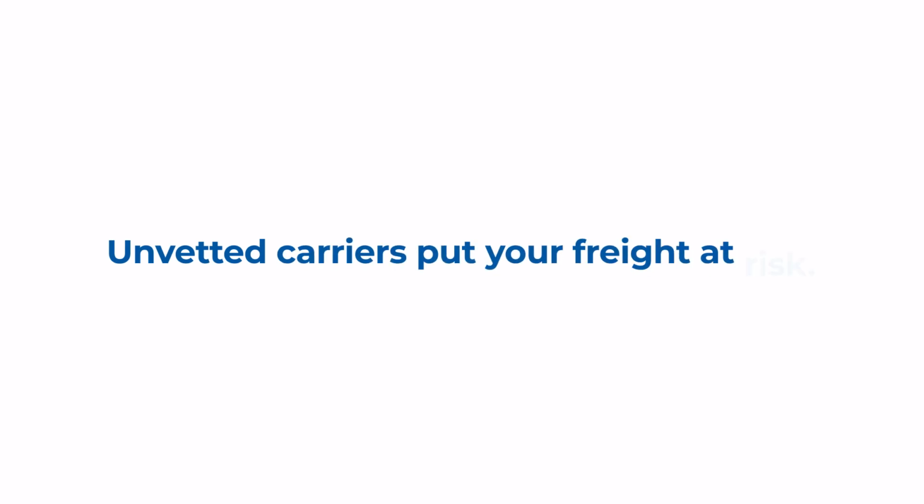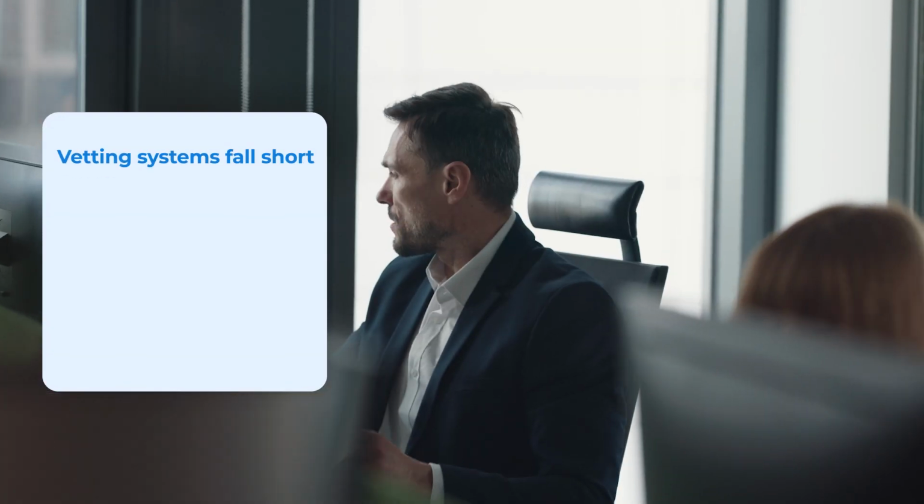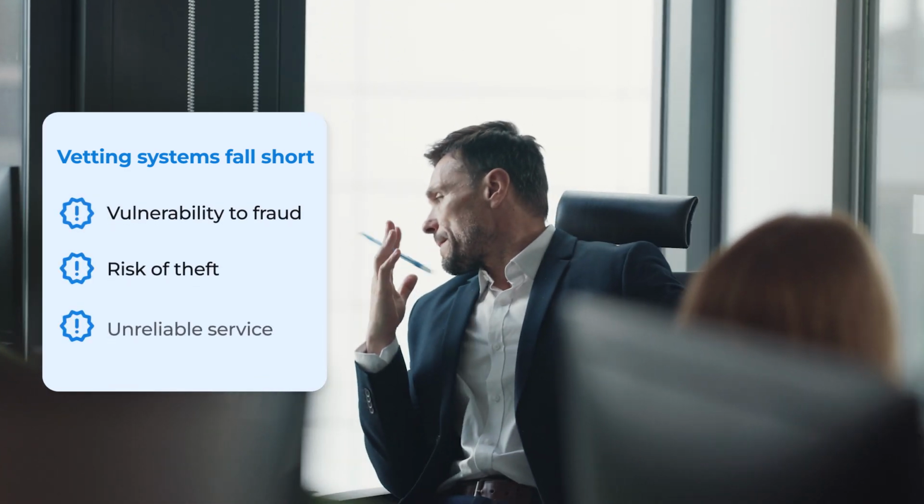Unvetted carriers put your freight at risk. We know a better way. In the freight industry, vetting carriers is crucial, especially when it comes to smaller truckload options like cargo vans and box trucks. However, existing vetting systems fall short, leaving brokers vulnerable to fraud, theft, and unreliable service. But there's a way to close this gap and ensure that every shipment is handled with the utmost security and